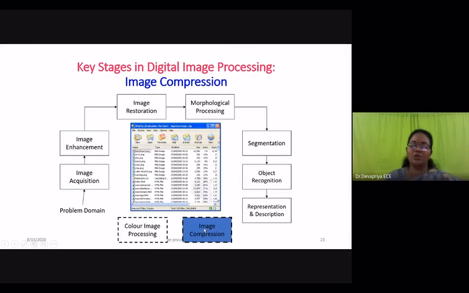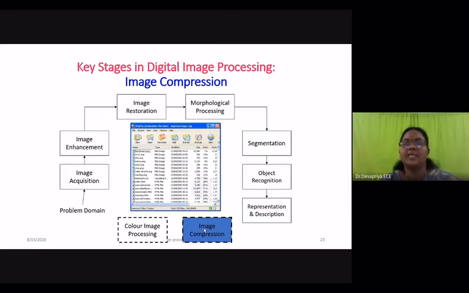Then another important area in image processing is image compression. People who use YouTube and WhatsApp will be told that the size of the image should be this much, and only then can it be transmitted using WhatsApp or mail. At that time we need to compress our image.